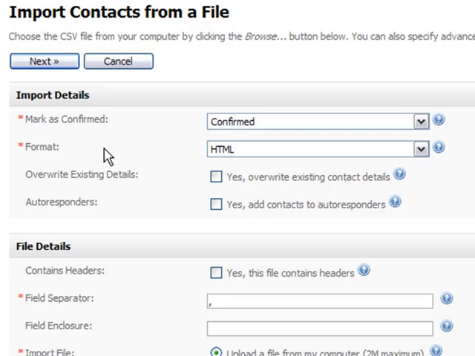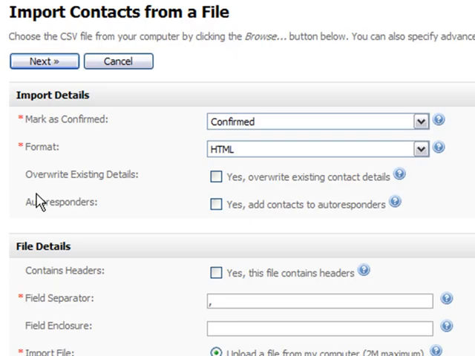so they can see the nice pictures and colors and everything. The third field down here is override existing details. Now, if I had existing contacts on this list and I wanted to update information such as first name or maybe update their phone number, I could go ahead and click this box, and that way the system's going to overwrite the existing details with the new details I'm uploading with my file. But in this case, I only have that one contact I added manually, so I don't need to worry about